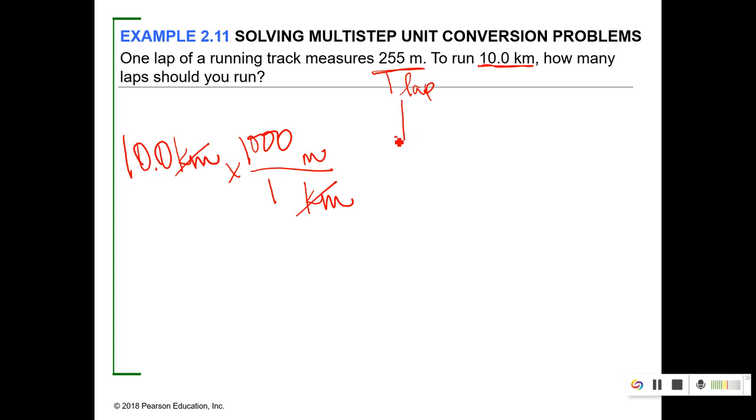Now I can use this as a conversion factor. I know meters needs to go on bottom. Lap needs to go on top. 1 lap is 255 meters. So this one, I'm going to do 10 times 1,000 divided by 255. And I get 39.2